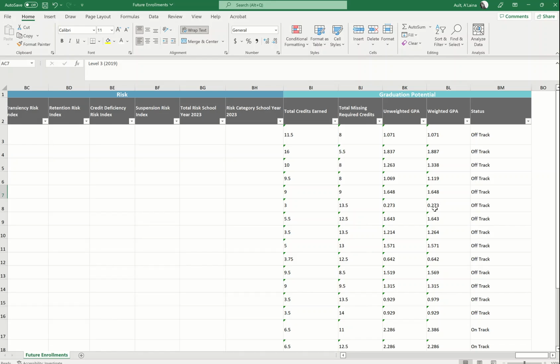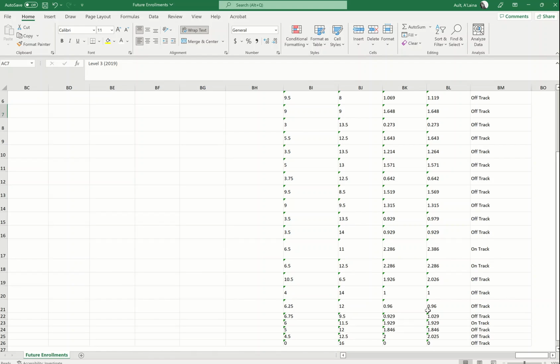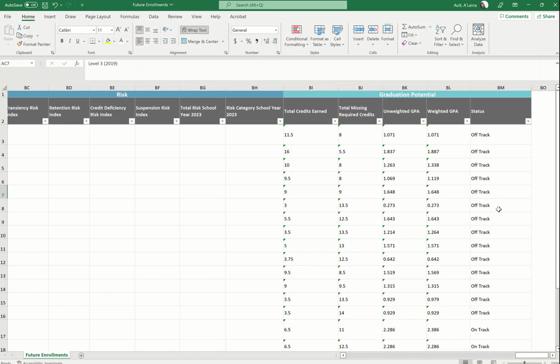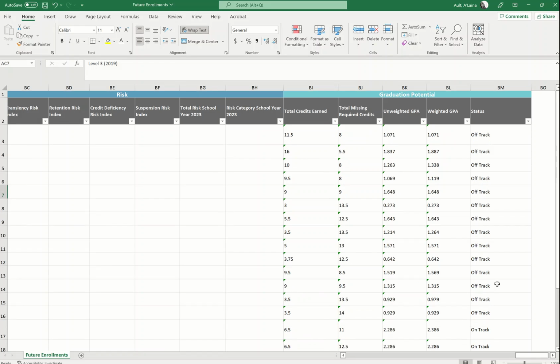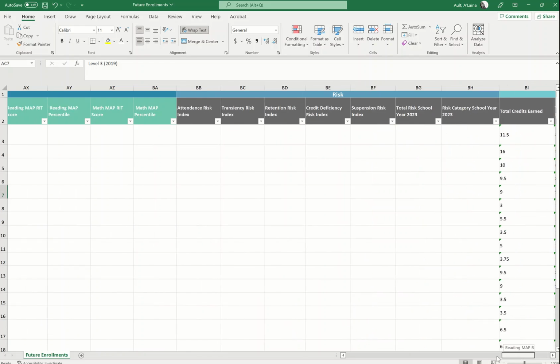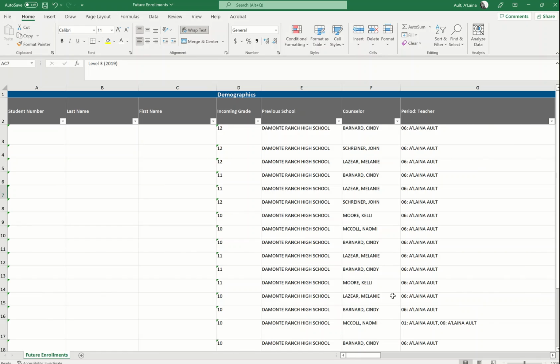This is a high needs class. So I'm going to have a lower GPA than maybe many of you guys, which would have more of a mixed class. This is not a mixed class of lots of heterogeneous students. This is a learning center for kids who have failed algebra. So I've got a specific group, but you could see some pretty low GPAs. This one, a GPA of 0 because they've not earned any credits. And whether they're on track or off track to graduate, a couple are on track. Most of my kiddos in this class are not. Now I'm going to pause the video in a minute because I'm going to show you the student profile that you can get. And you can get this student profile by clicking on the student ID number